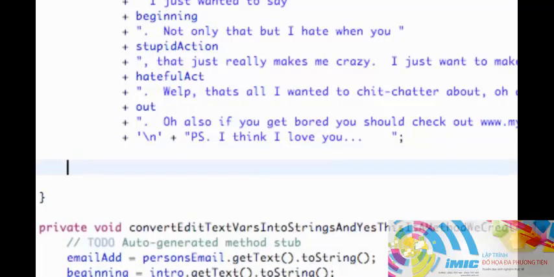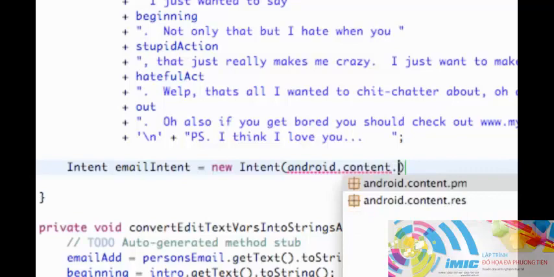And so what we're going to do first is set up an intent, just like we set up all other types of intents for the most part. So we're going to say Intent, and we're going to call this emailIntent, something like that, and hit enter. And then again we have to import the Intent and say new Intent, just like always. And this time what we're going to put in the parameters is something from the Android SDK, and it's going to be called android.content.Intent